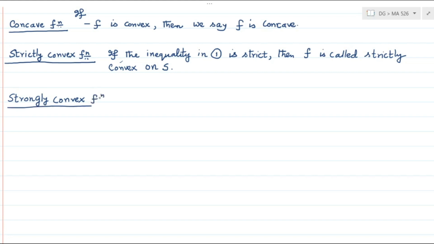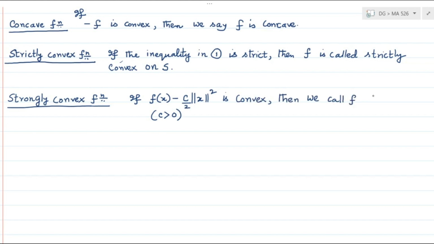By strongly convex function, we mean that if the function f(x) minus a positive constant times, here c is a positive constant, c by 2 norm of x square is convex, then we call f as a strongly convex function. We note that